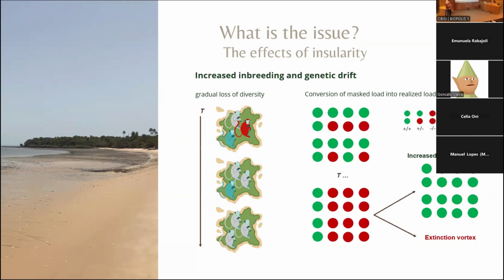And when we get to this point, the literature shows us that small populations that have increased realized load tend to go down two paths, right? Because they have a decrease in fitness. We can have increased genetic purging, in which these mutations are not passed through to the next generation, and they are removed from the genome of the next generation of individuals. Or we can have the opposite, which is a continual accumulation of these deleterious mutations, and this can start an extinction vortex.